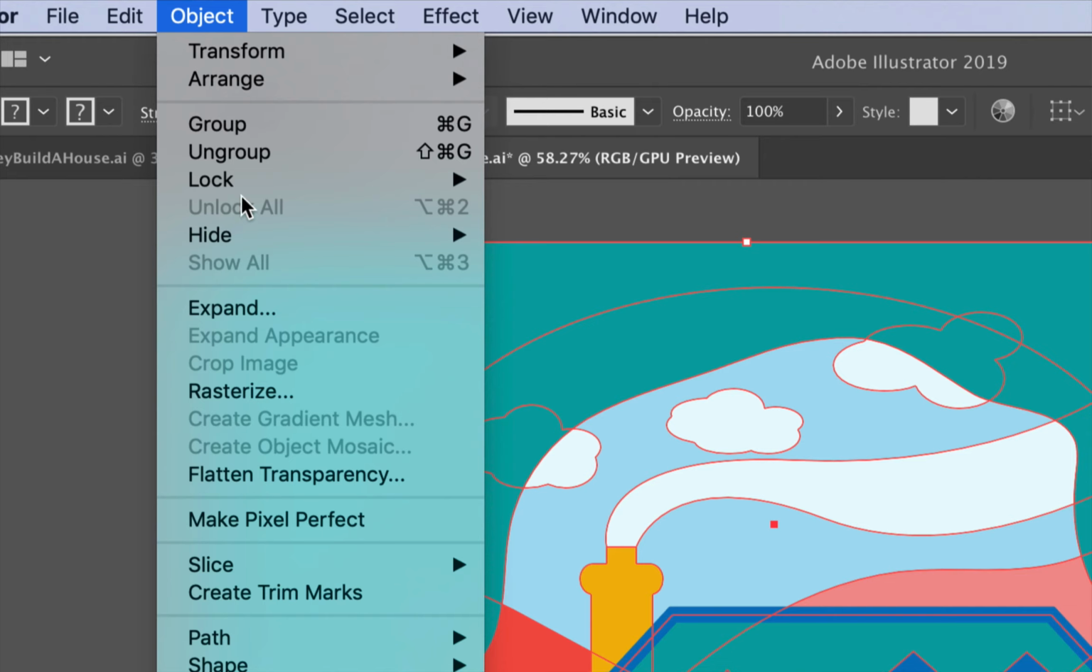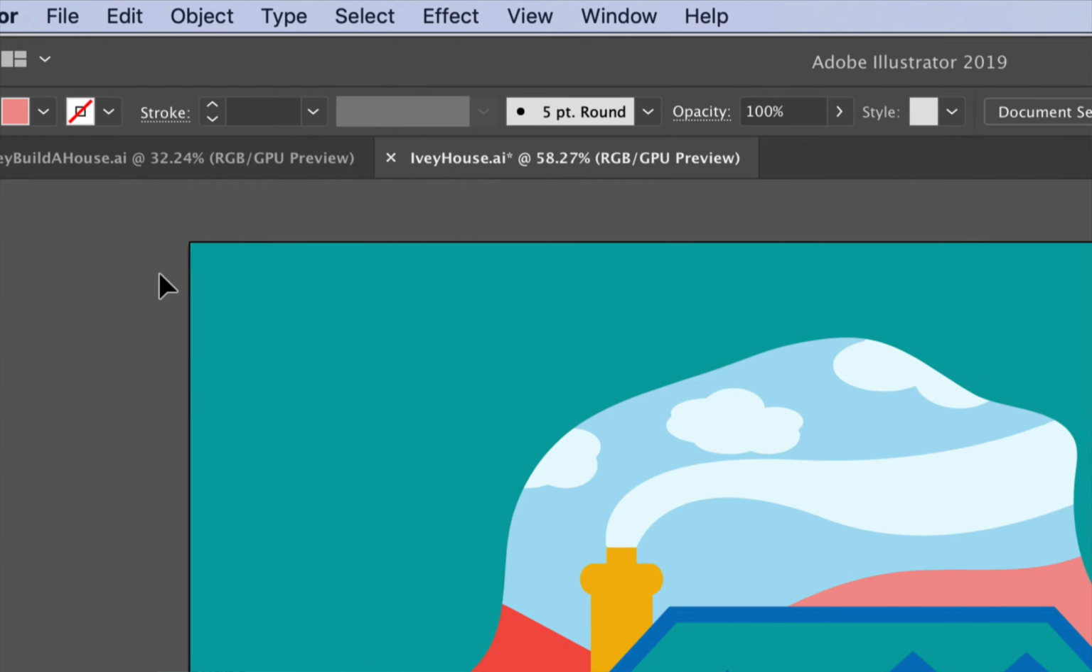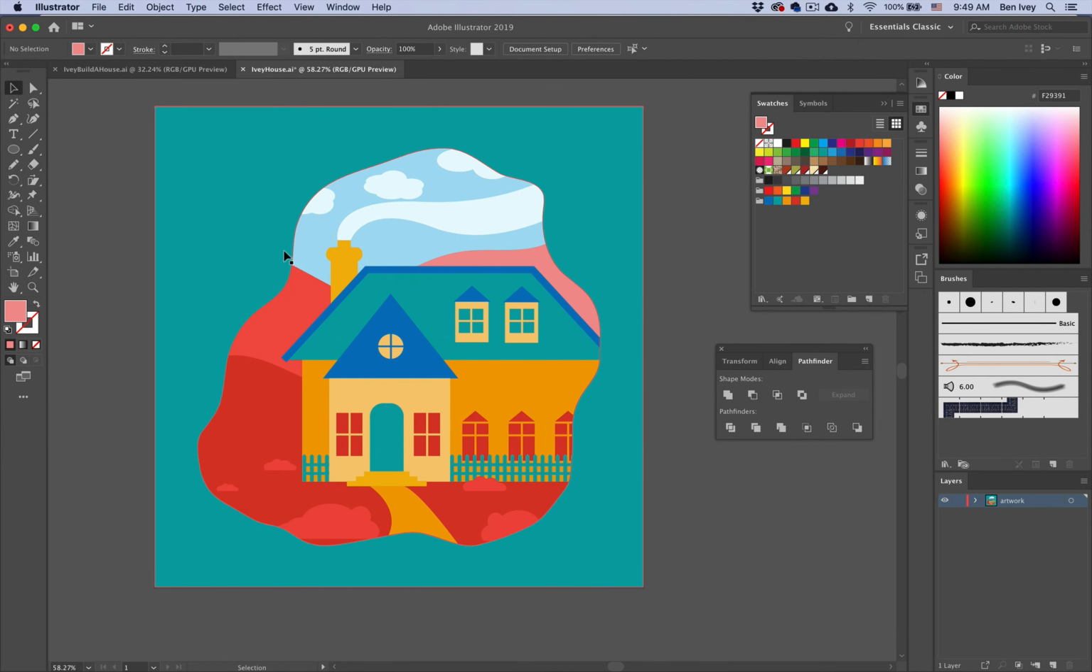The other thing we need to do is ungroup everything that may be grouped together. So while we're under Object, choose Ungroup. And you may have to do this several times. So go back to Object, Ungroup, Object, Ungroup, until it's no longer an option. So what we've done is we've taken all of our artwork and we've ungrouped it and flattened it down